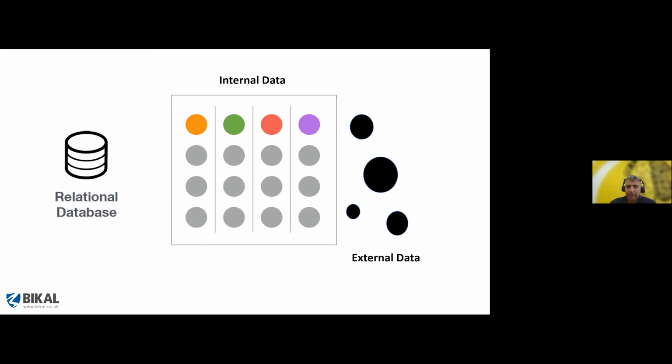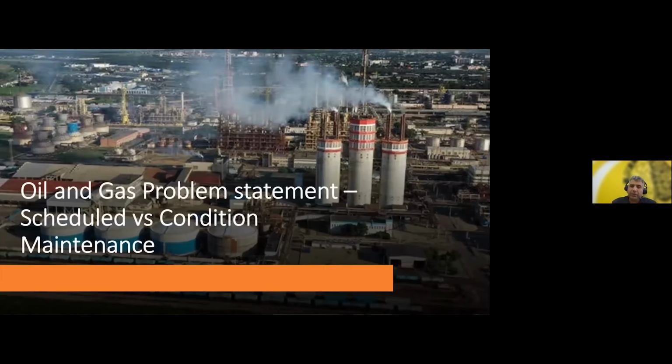So if you take the case of oil and gas, one of the big issues is scheduled versus condition-based maintenance. Obviously, scheduled maintenance is more expensive because you're just doing it for the sake of having to do it. Compliance laws are very strong for obvious reasons with regard to health and safety and production, but the way that scheduled maintenance is done almost contravenes manufacturing, if you like, in the sense that just-in-time scenarios are more efficient and more productive over a course of time.